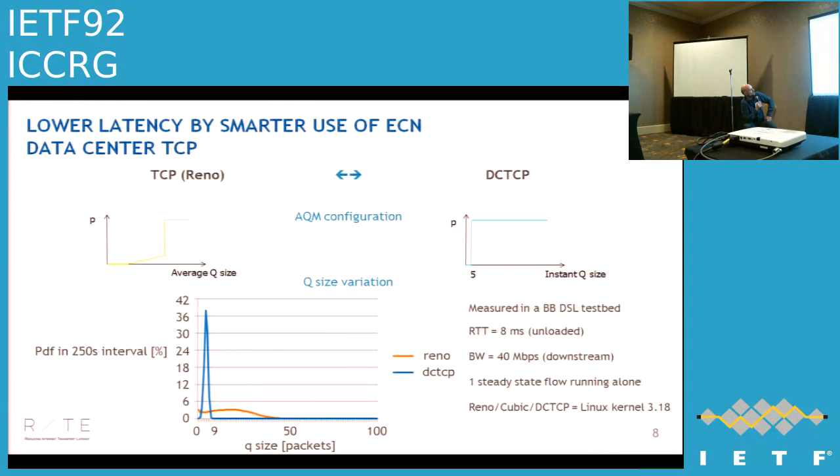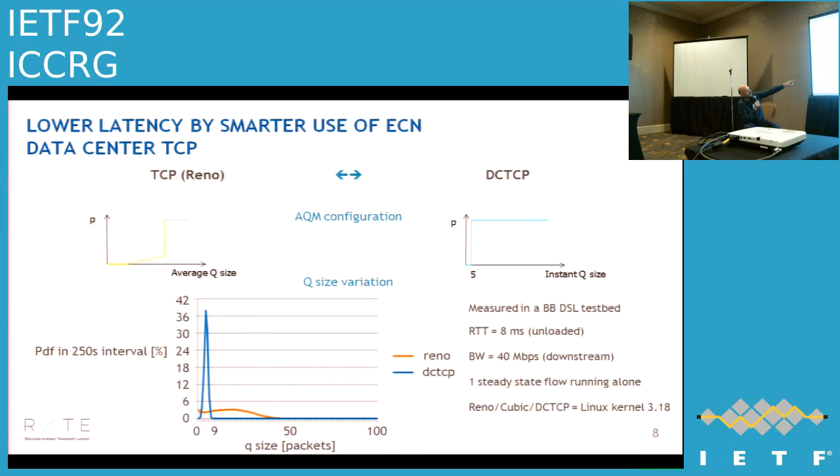So we first tried to see whether we can run data center TCP over longer round trip times. We configured data center TCP with an instant queue size, so there is no smoothing, and we mark 100% after 5 packets in the queue. And we compared that to a Reno flow with a very tight RED scheduler, but it could be anything else, which controls the queue to the minimum queue size